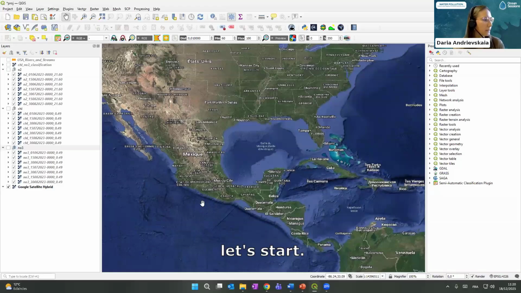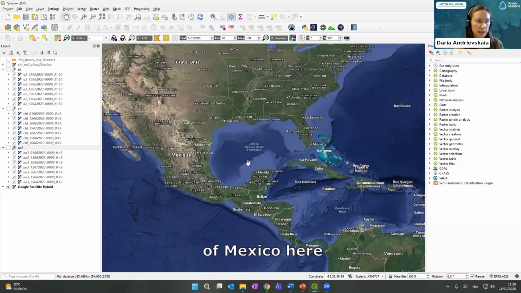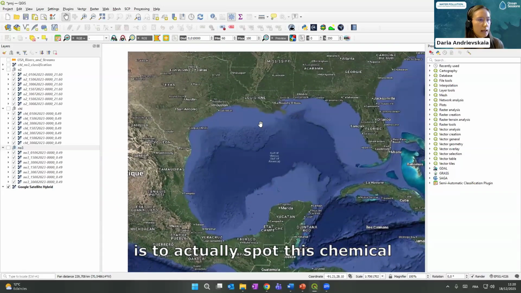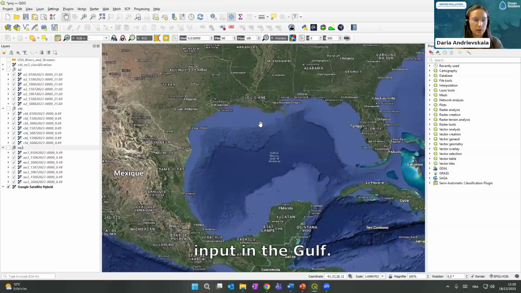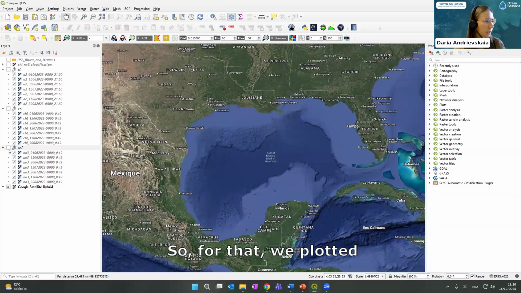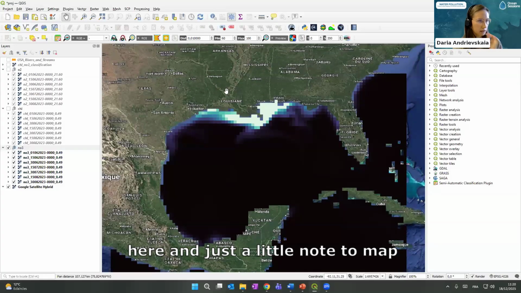So let's start. The first thing that we did to see what's happening in the Gulf of Mexico is to spot this chemical input in the Gulf. For that we plotted nitrate concentration, which is NO3 here, and just a little note to add: